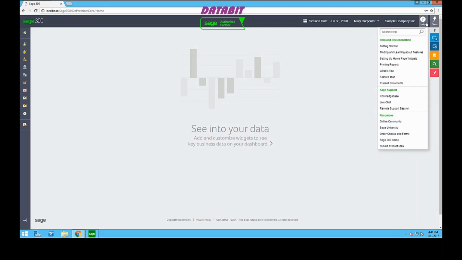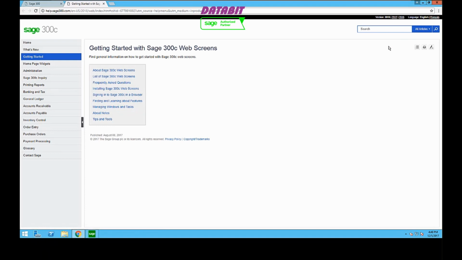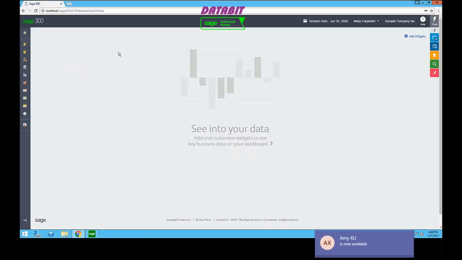If you hover over the Help icon, you'll see the Help options. And if you click on one of the categories, it opens up a different tab, which will allow you to navigate through and find the answer that you're looking for. And on the Help screen, you'll notice that you can move back to version 2017 or 16 and change your language if you have more than one language pack installed. Once you're done with Help, click on the X button and it takes you back to the home page of